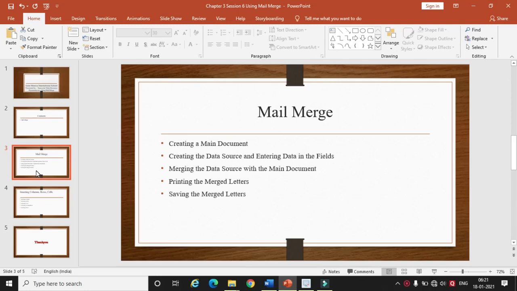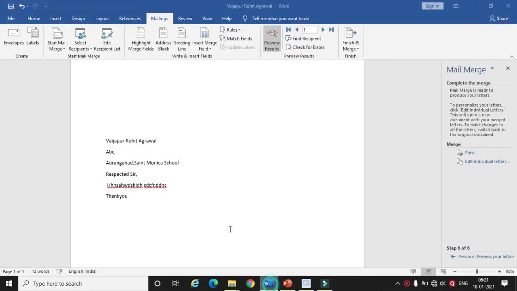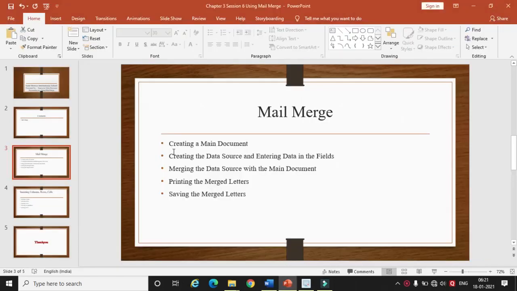मर्ज लेटर मतलब जो भी रिटर्न डेटा हमने किया था ना अभी वर्ड फाइल पे, ये वाला, this one is called as a merge letter. यहाँ से कंटेंट लेके हमने मर्जिंग की थी. Okay, so we have seen all the steps for mail merge, how to send a mail through a Word document. We have seen all the steps and here we have completed our chapter number 3, that is digital documentation.